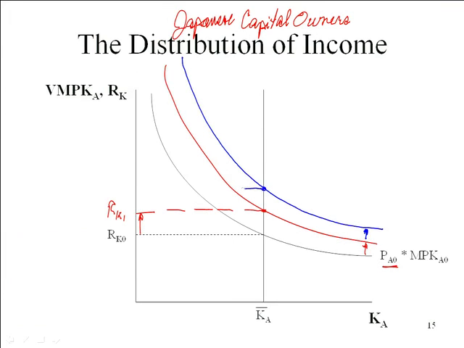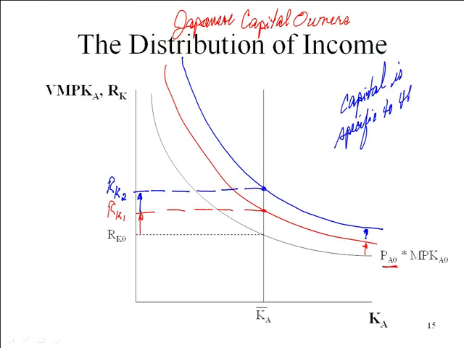Now remember, capital is specific to the export industry. Okay, so we had a fixed amount of capital, but we now have more workers with each piece of capital, which is why the marginal product of capital went up. Now let's invert that. We've still got a fixed amount of capital, but we've got more workers on each piece of capital equipment, which in essence means each worker has less capital to work with. So what happens to the marginal product of labor? It decreases. So how do we show that here?